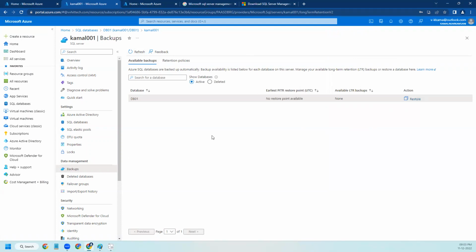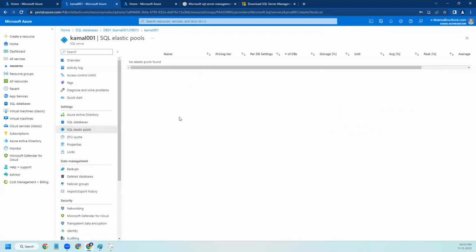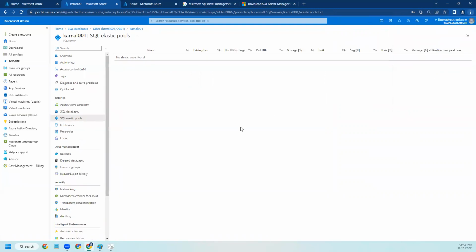The other thing, let me cover today the elastic pool. SQL Elastic Pools. Elastic pool is a very frequently used concept at the DB level. The elastic pool concept is,